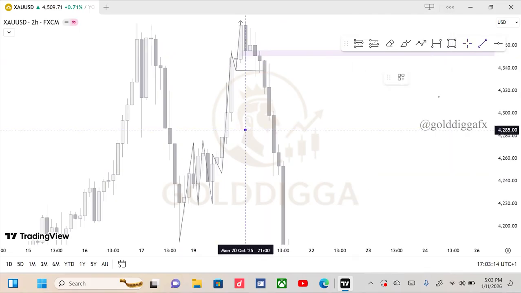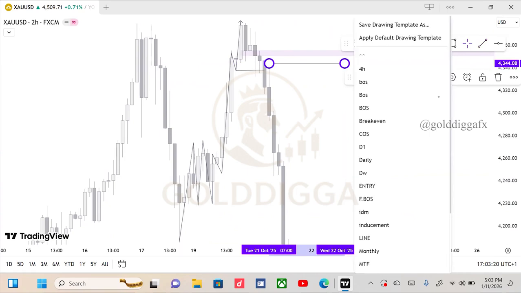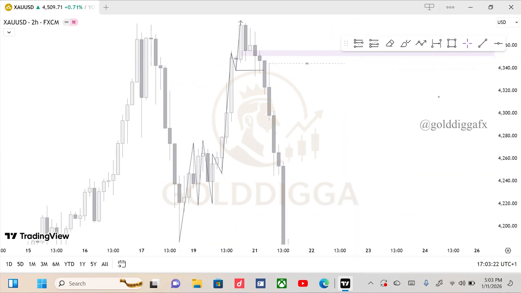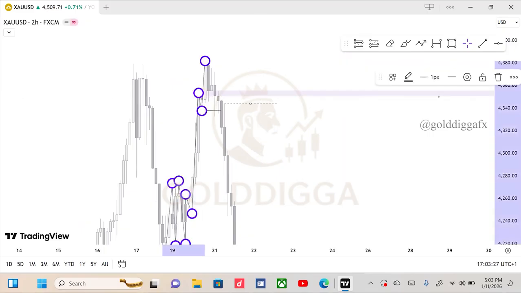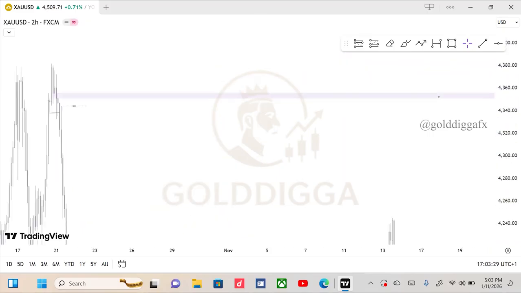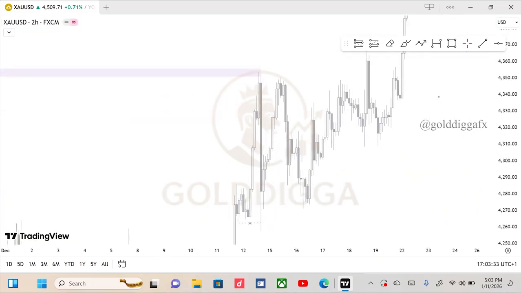After breaking the higher low, price gave us what? A liquidity. Now the 4 hour level, which is also a 2 hour level, right? Multi-time frame becomes what? The entry point for your sell, right? You could take your sell from there